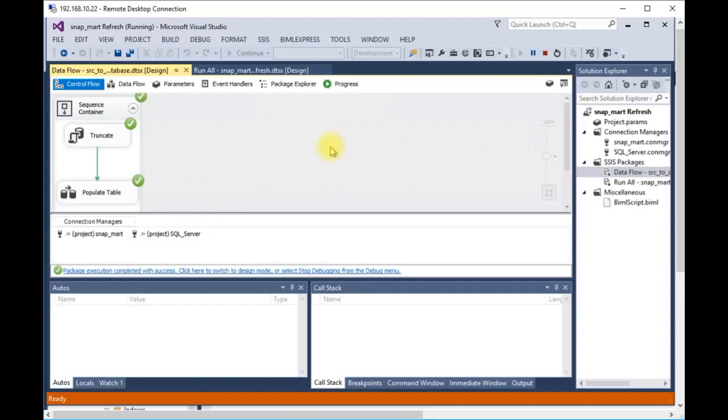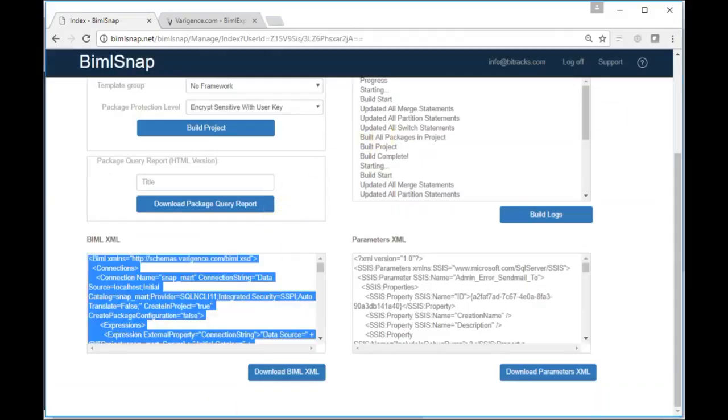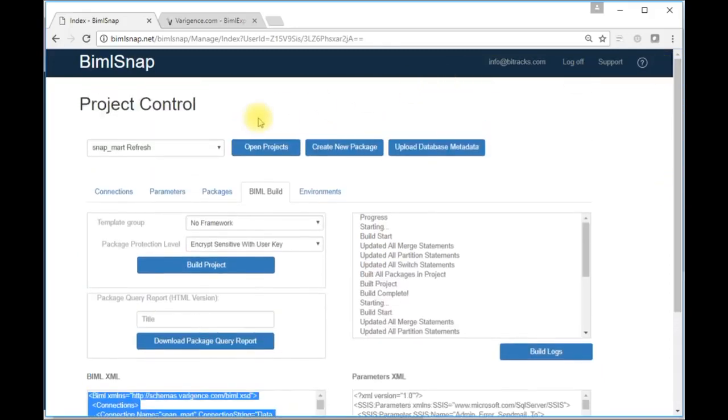And we've gone full circle with this lightning tour of BimlSnap. There's a lot more features that we'll cover in subsequent videos, but if you like what you see, take a look at